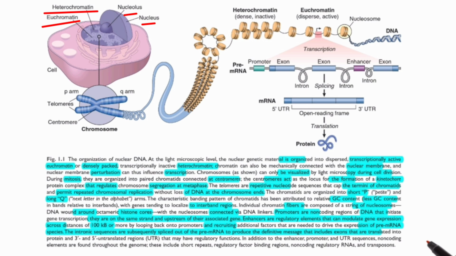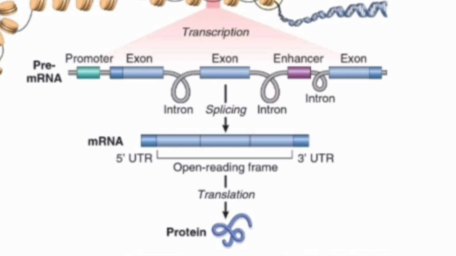मतलब वहाँ से ट्रांसक्रिप्शन होगा. And heterochromatin, it is densely stained and it is inactive. ट्रांसक्रिप्शनली इनएक्टिव मतलब ट्रांसक्रिप्शन फैसिलिटेट नहीं करेगा. Now we know when a transcription occurs it forms a pre-mRNA, the immature form of a mRNA. It consists of exons, introns and promoter region, enhancer region. Now we know we splice the introns, मतलब इंट्रॉन्स को बाहर निकाल देते हैं क्योंकि ये नॉन कोडिंग रीजन से, और एक्सॉन्स को जोड़ देते हैं एक साथ. इससे एक मैच्योर mRNA का फॉर्मेशन होता है. Now this mRNA can be easily translated and